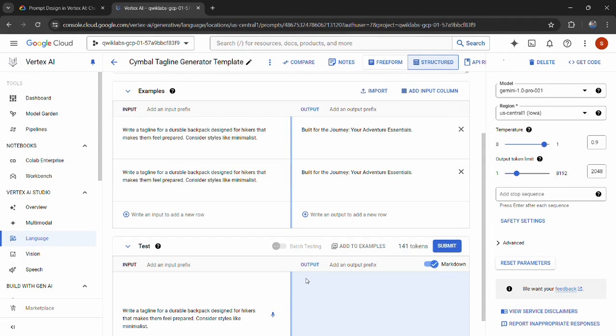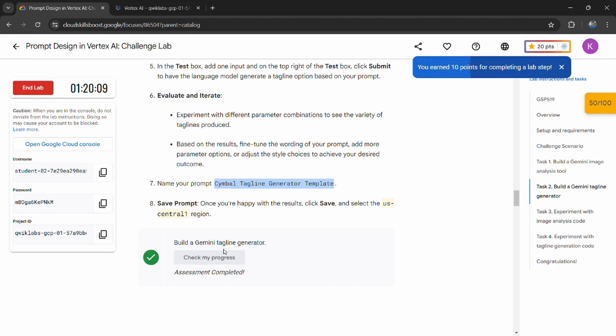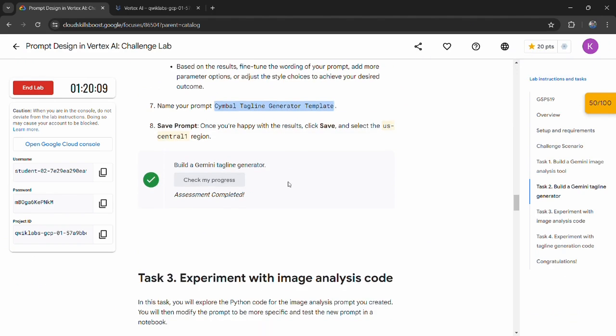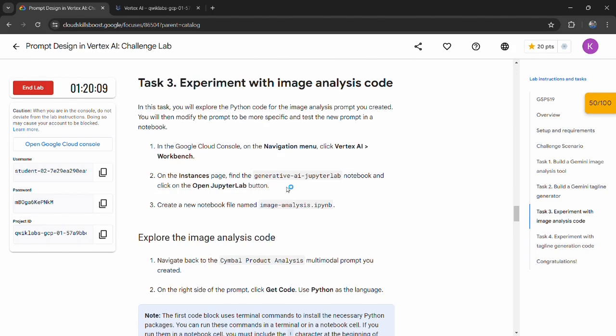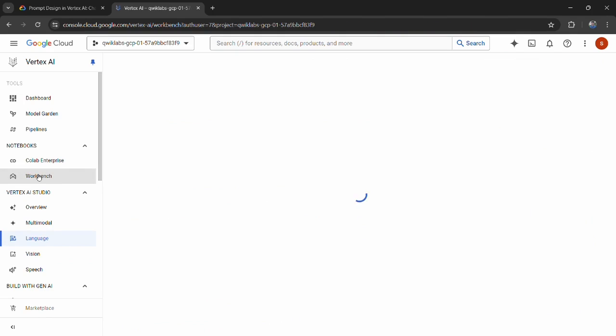So once the prompt was saved, you will get a message like prompt was saved, and then go back here and just click on check my progress. So task 2 has been completed. Now let's move on to task 3. In task 3, they mentioned to work with the workbench. So in the Vertex AI Studio, just click on workbench,